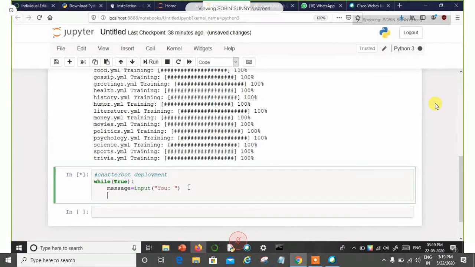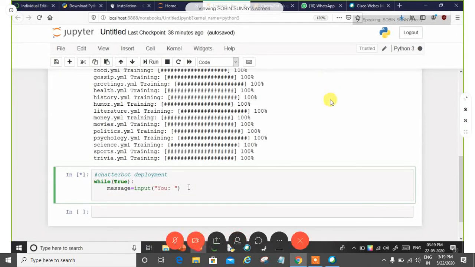Now we have given some message to that. So when do we have to stop messaging? If it is a hike application or a chatbot application, we can just press the back button, right? But in this case, we don't have a back button to press after completing the chatting. So what shall we do? We shall send a bye message so that the chatbot will stop talking with us. If the message is bye, then the program should break, right?